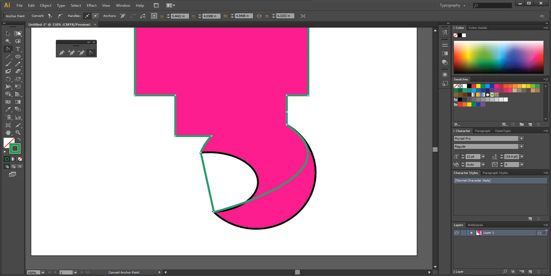Up here, this is the Direct Selection tool. The Direct Selection tool selects part of an object. It selects a path or an anchor or a handle, whatever. So the shortcut for that is A. Once again, this is something you're going to want to use, because if I use this one right here,